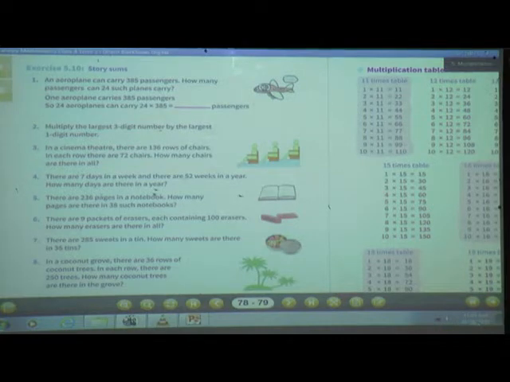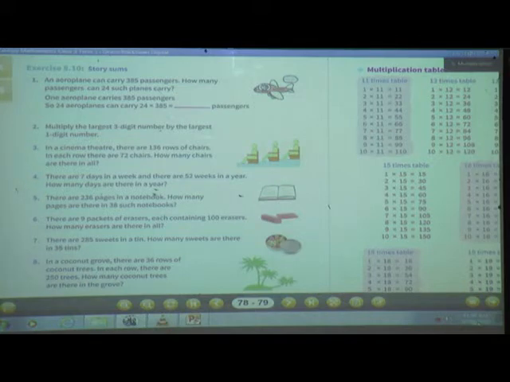See here, 4 into 5, 4 5s are 20. So we'll write here 0 and 2 as a carry. Then 4 into 8, 4 8s are 32 plus these 2 carry, 32 plus 2, 34. So we'll write here 4 and 3 as a carry. Then 4 3s are 12 plus 3, 15. Okay. Then in the next step, what we are going to do? 385 into 20. So before that we will give 1 minus 0 and then we will do the multiplication.